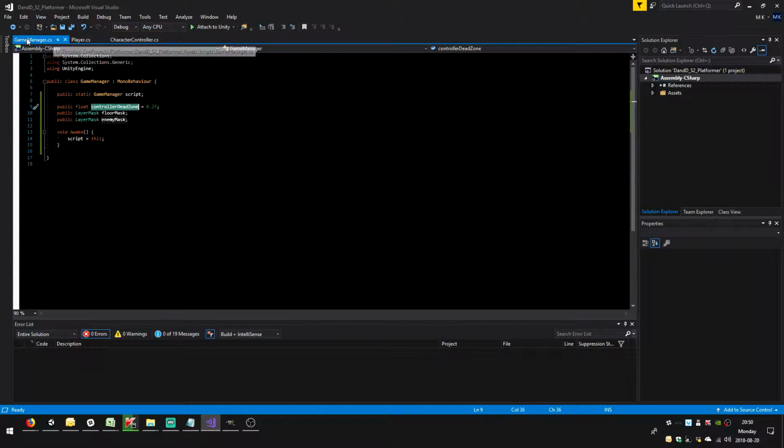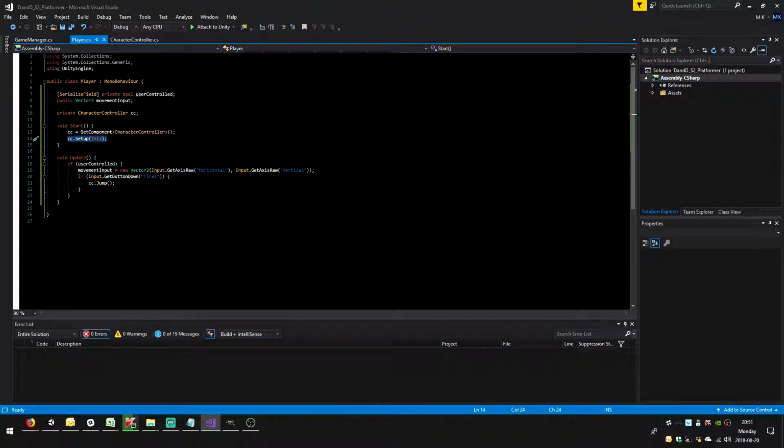Then in the game manager, we've put the various layer masks, because it makes sense to have these centralized. Everybody has the same floor, everybody has the same enemy or the same player or whatever, and the death zone, and that's it. And so now we find ourselves with a player being able to control